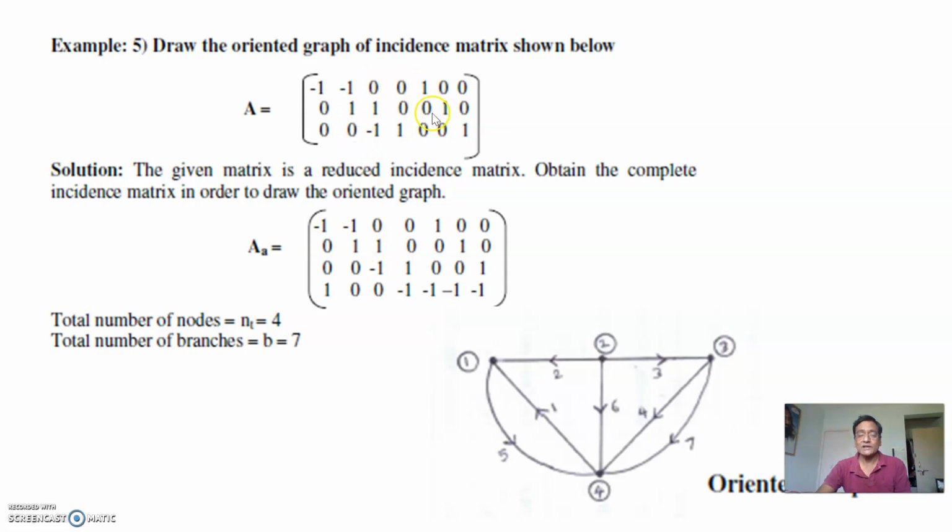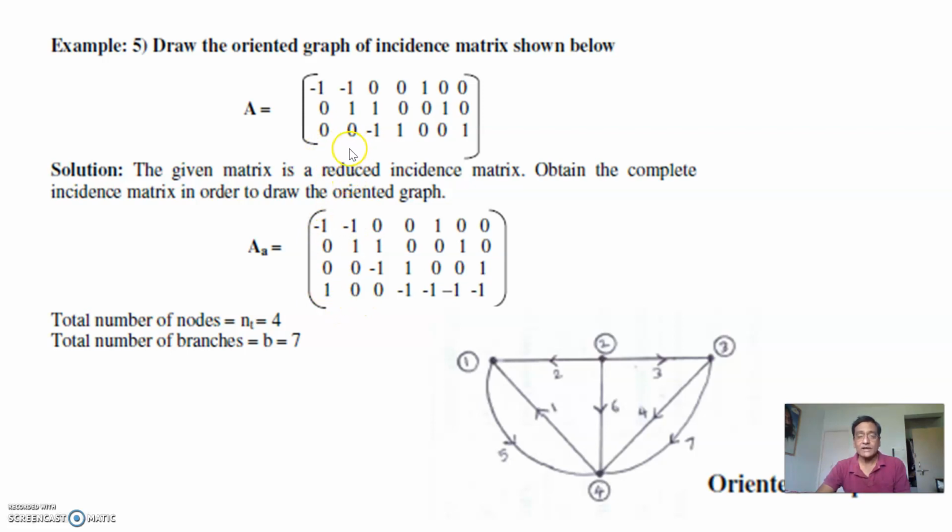So the reduced incidence matrix has one row eliminated or deleted already, that has to be added now. Okay, so you can add it as a fourth row. While adding the fourth row, you should see that column wise, if you are adding the elements, it should become 0. So now, if you add the first column, 3 minus 1 plus 0 plus 0, it is minus 1. So it is not 0. So I must add here plus 1. If I add plus 1 here, the sum becomes 0. So I have got the first element of the last row.